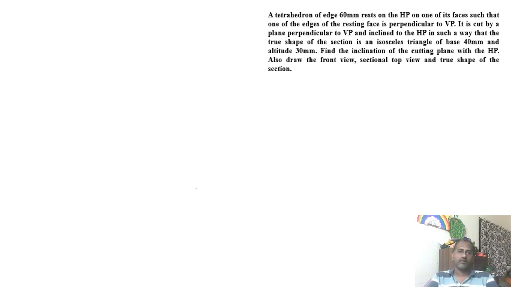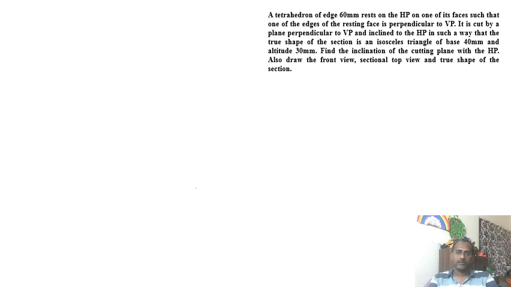Now here we have an interesting scenario. We are given information related to the final shape of the section. The solid is a tetrahedron. As you know, a tetrahedron is made up of four equilateral triangular faces. In this case, there is a slight change in the procedure to draw the sections. You will see how we do this.